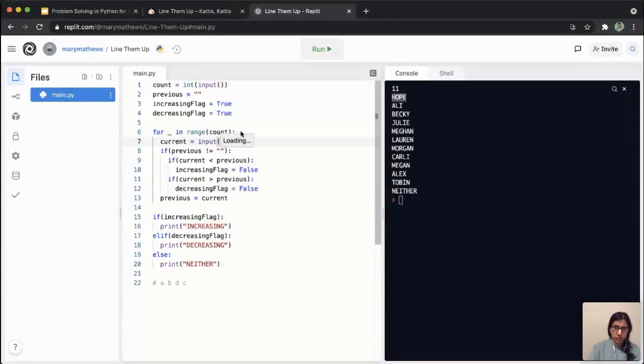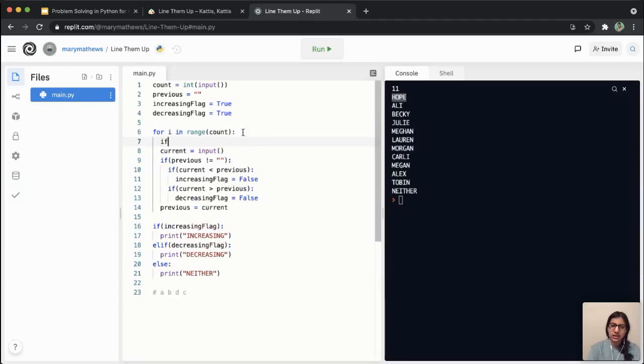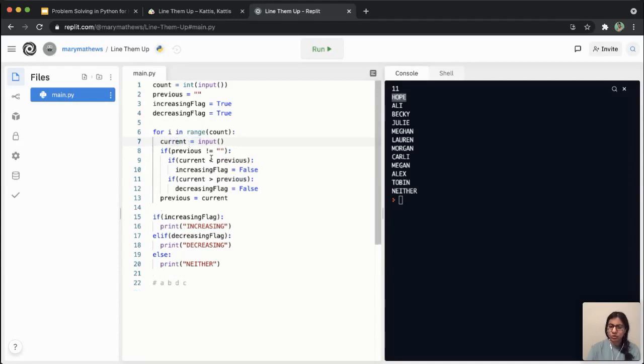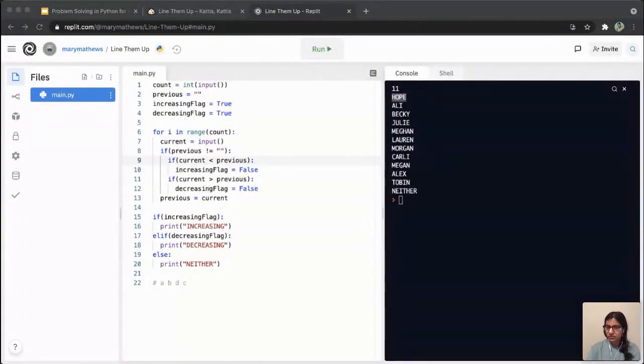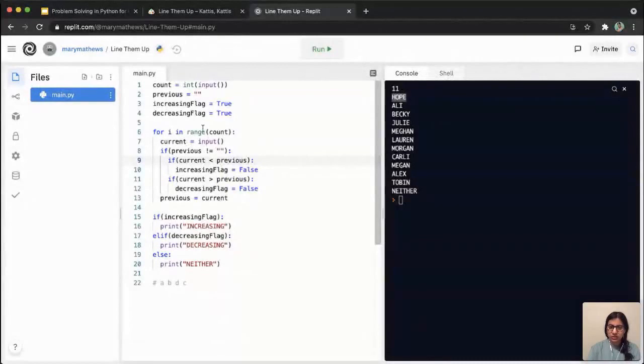So there are different ways of doing this step. Instead of setting this to empty initially, I could make this i, and I could say if i not equal to 0, then do this comparison. So there are different ways of doing this same thing. This is just the way that I've chosen to do it, using this previous, which is empty and so on. So are there any questions so far? Okay. I can't see anything, so I'm going to continue.